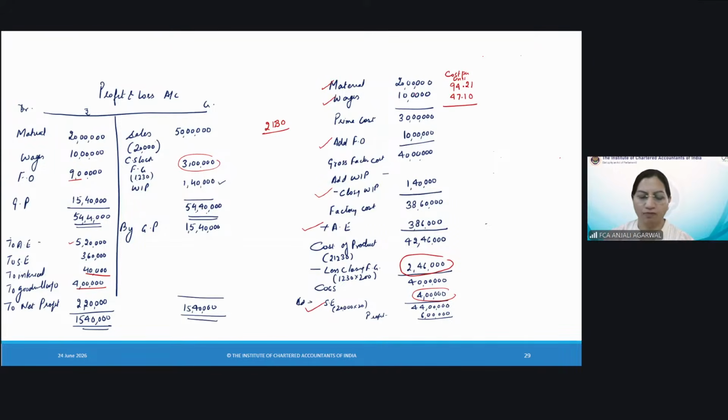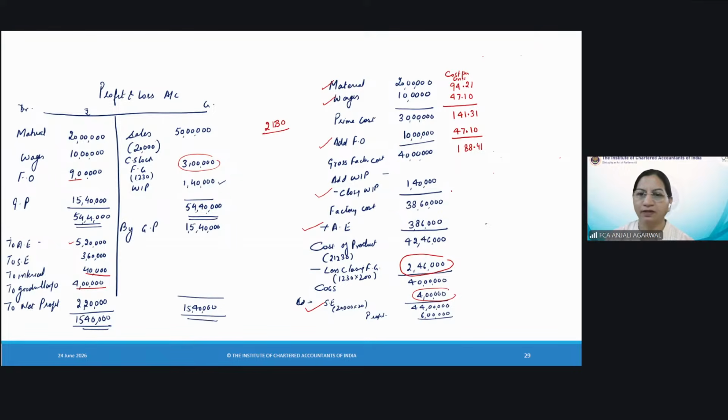So my prime cost will be 141.31 rupees. Then I add factory overheads, 47.10. And my gross factory cost comes out to be 188.41,